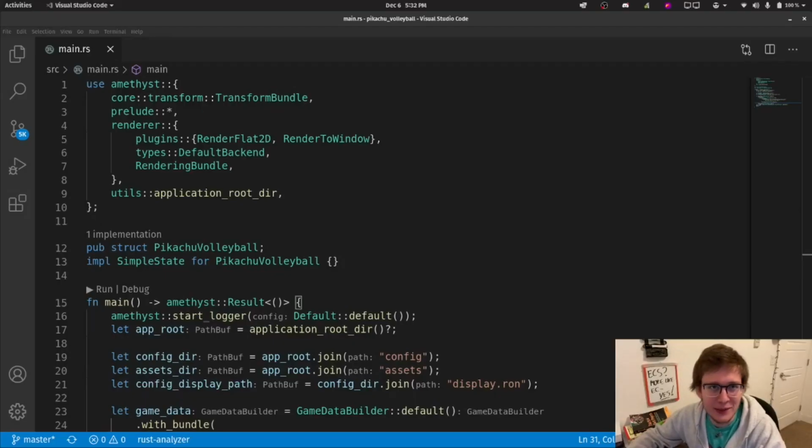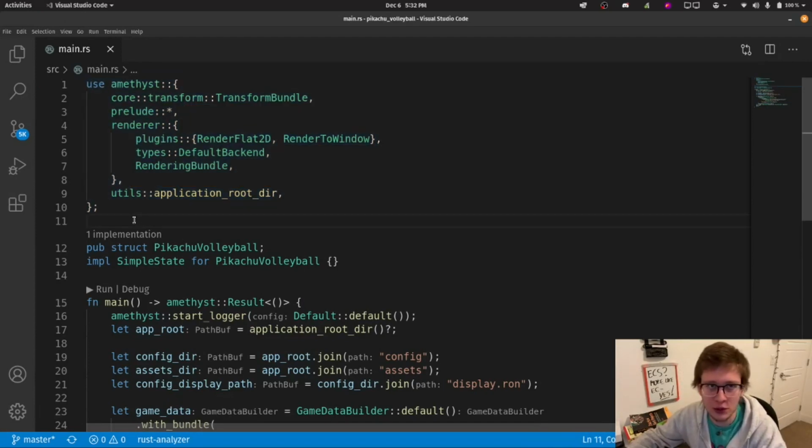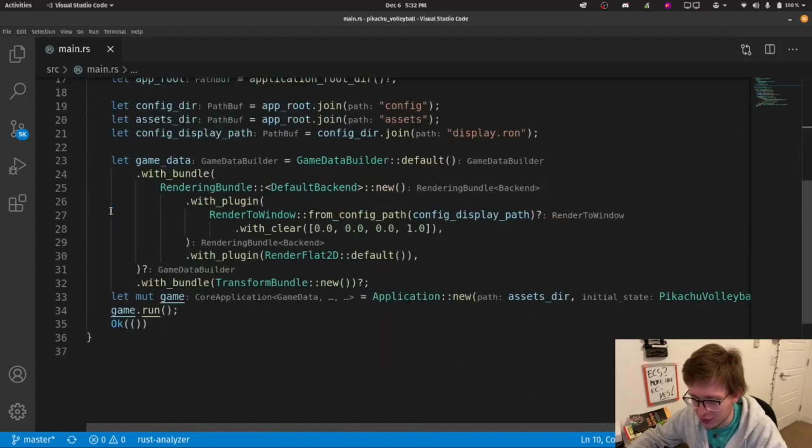And by that, I mean let's just go through the boilerplate code that we just copy and pasted. So first of all, nothing to really unravel here, it's just a bunch of imports. So if you're following along, pause the video right here and copy them, I guess. And next up, I want to jump to the last two lines before main's return. These two. So we are initializing an application, so Application::new, and then we are running this application. Our application is, of course, the game.